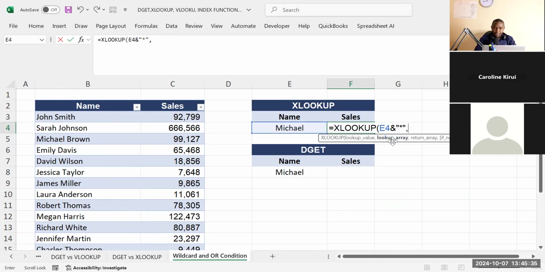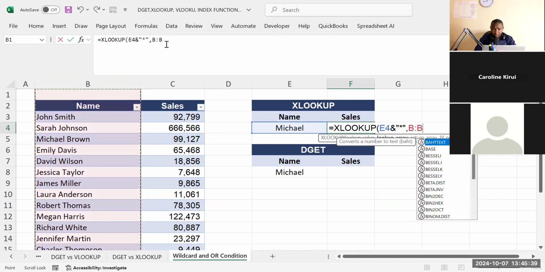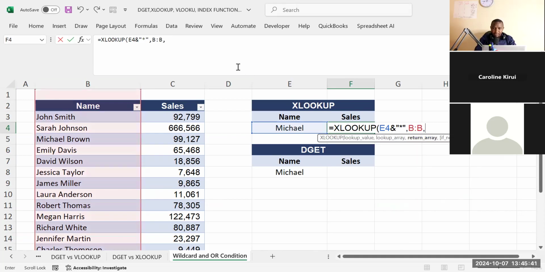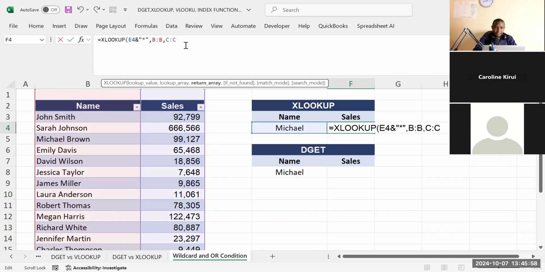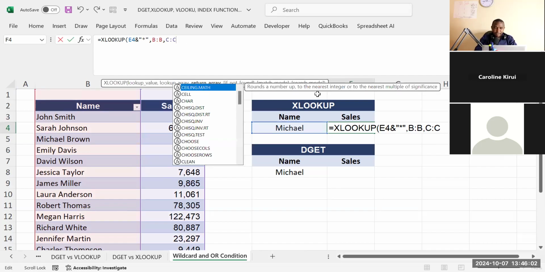It will ask you the lookup array. Our lookup array is column B, which is for names. I'll close that. It will ask you the return array. The return array is our column C, which is for sales. Now, we don't even need to lock that. After that, before you close the bracket, you can see it is asking you to use